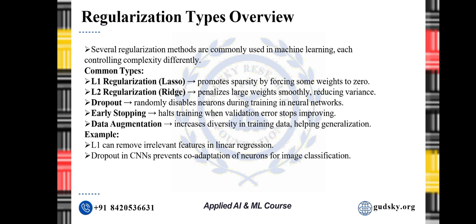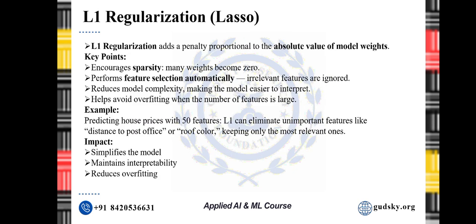So, for the next slide, we previously discussed L1 regularization, that is lasso. Now let's take a closer look at L1. Mathematically, L1 adds a penalty equal to the absolute values of each weight, as we discussed, but let's skip the math for now and focus on the intuition. Think of it this way: L1 regularization likes to keep things simple. It pushes unnecessary weights to zero, removing less important features from the model. That's why it's often used when we have a lot of features and want the model to automatically pick only the most useful ones.